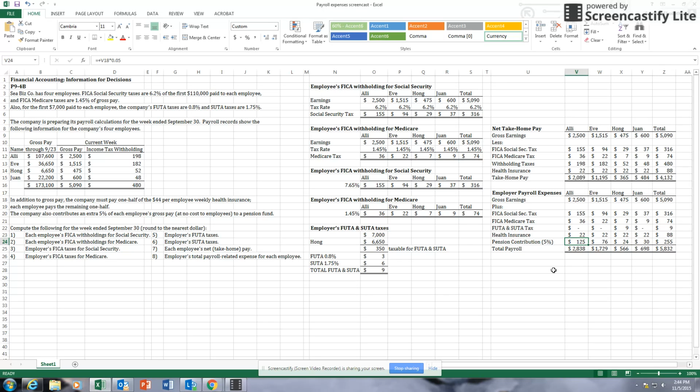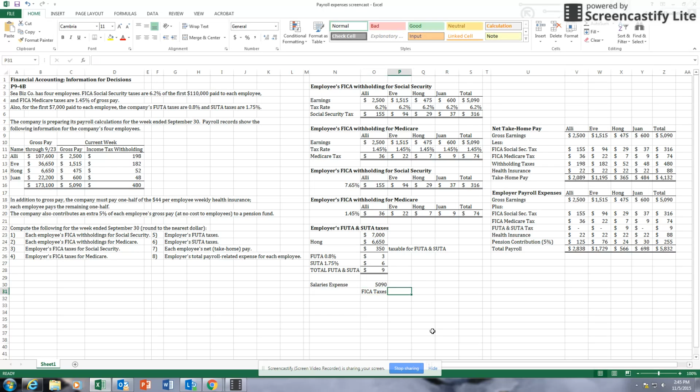Now we are going to quickly look at the journal entries that the employer would have to make after calculating gross pay and all the payroll expenses. And the first thing that the employer would record is the salaries expense. And the salaries expense is the total that is promised to the employees, 5,090. So we would debit salaries expense. And then we would credit all these things that we are withholding for the employee. So we would have FICA taxes,